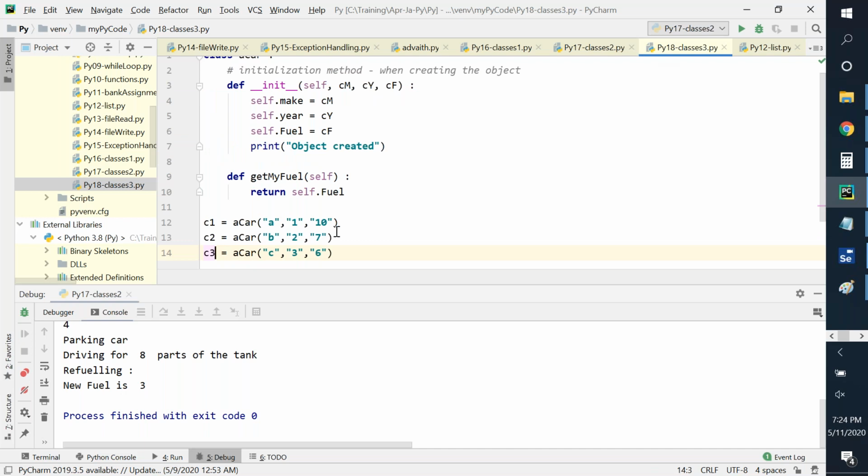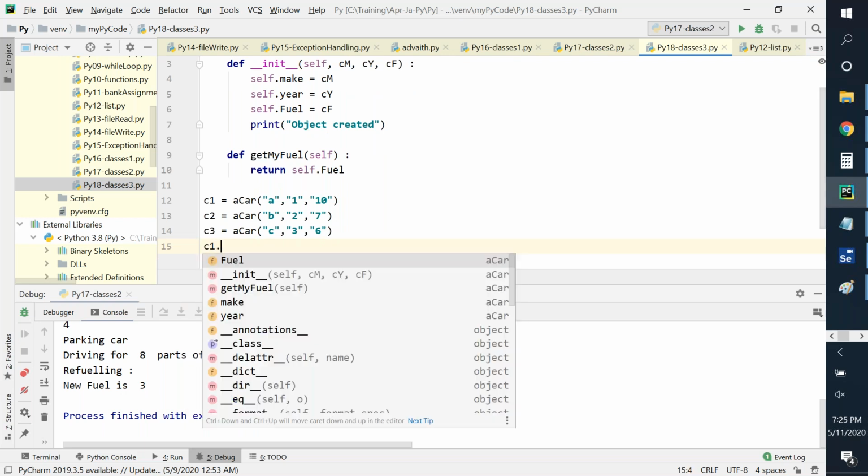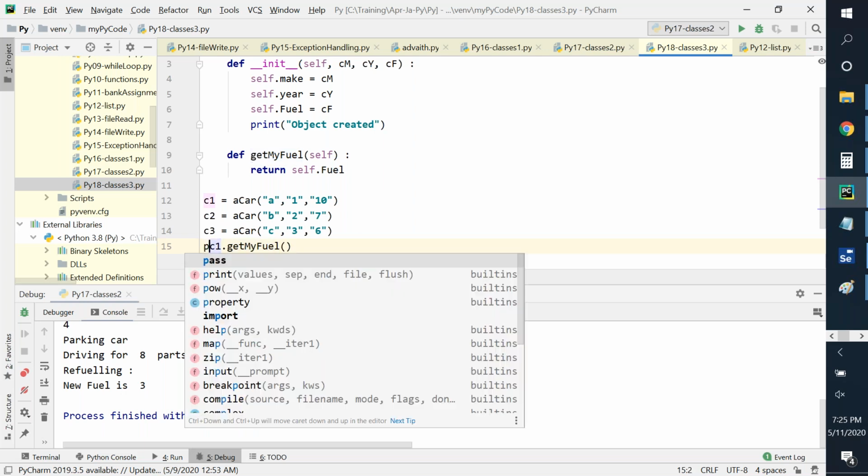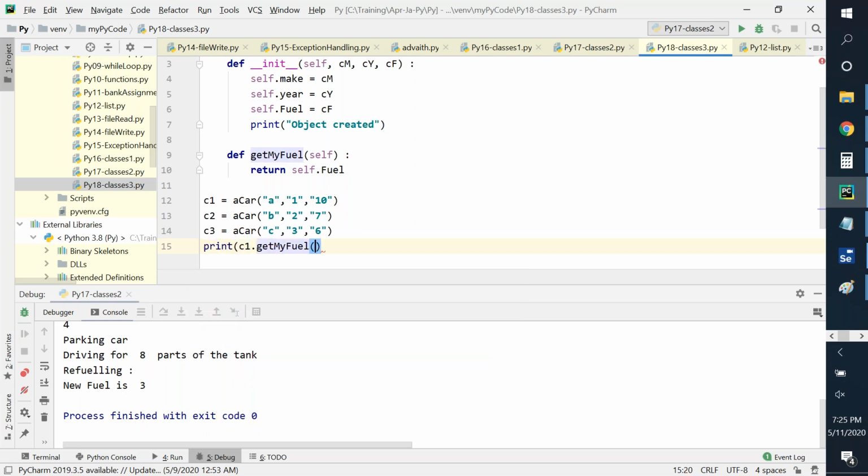That's the big difference. And now I have 3 different cars, so each of them will get created. And if I say C1 dot get my fuel, print, so I'll have print of this,